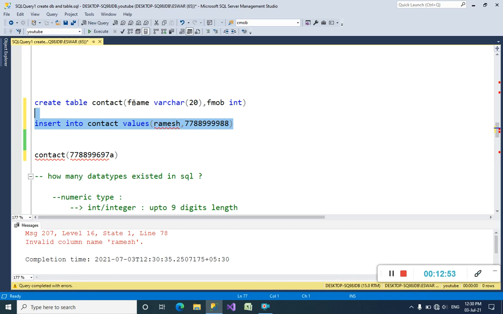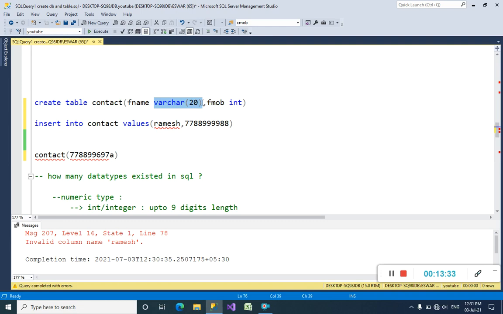This means I created the table with the first column as a varchar data type, which means string data type. Ramesh is also a string type, so why is it not going to insert? Maybe you think like this, right, guys? We have certain rules to insert values based on data types, so we have to learn about data types first. Then only we can insert the values into the table.